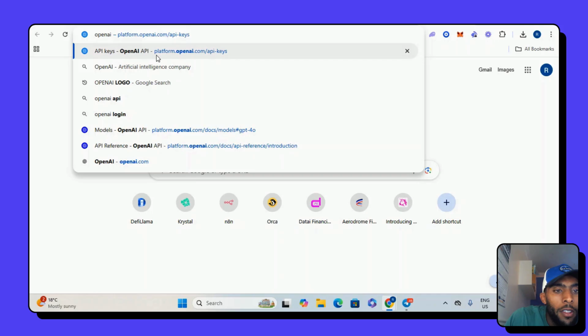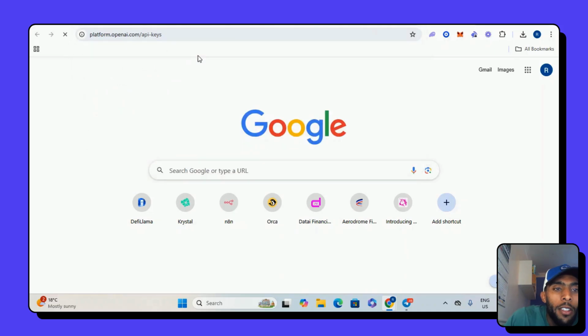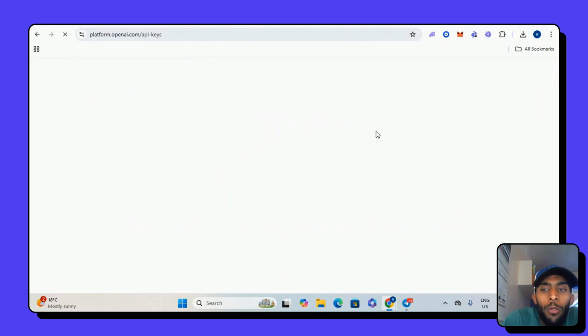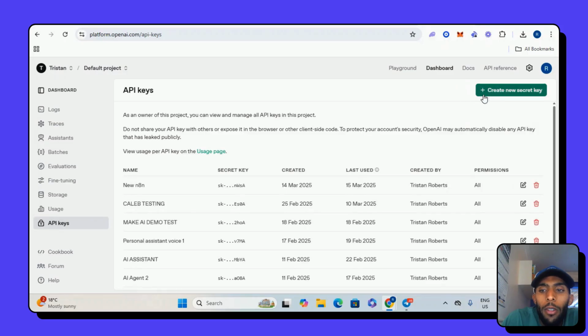The URL will be platform.openai.com/API keys. You search that, then you'll be brought to your login screen. There we go. So once you get that, you'll see the dashboard section. You'll click dashboard, and then you'll see API keys in the bottom left.